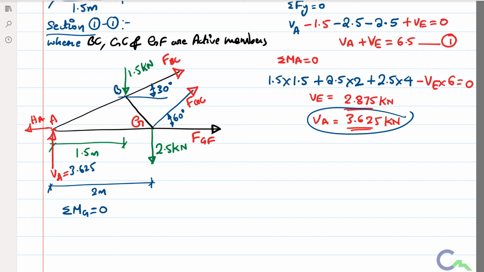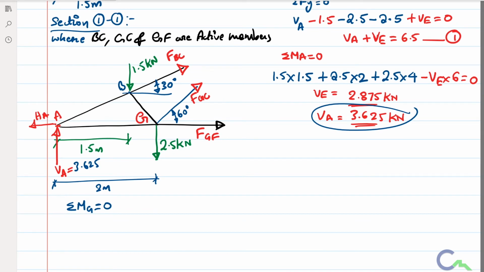That is the reason I am going to calculate first step, summation of moment about G is equal to 0. So if I calculate moment about G, so I will get VA. If I apply about G, VA is going to rotate G in clockwise direction. Therefore, I will take plus VA is 3.625, perpendicular distance from G, that is 2 meter. So after that I'm going to consider HA. If I shift in the line of action, HA is going to pass through G, therefore it is not going to rotate point G, but HA already it is 0.